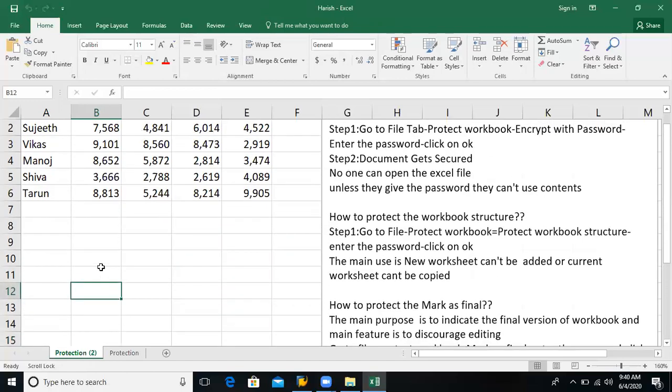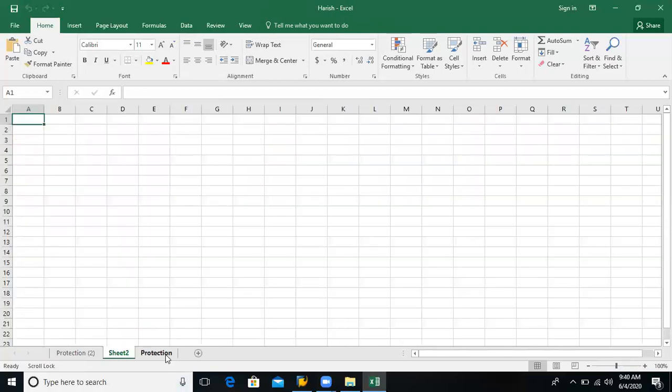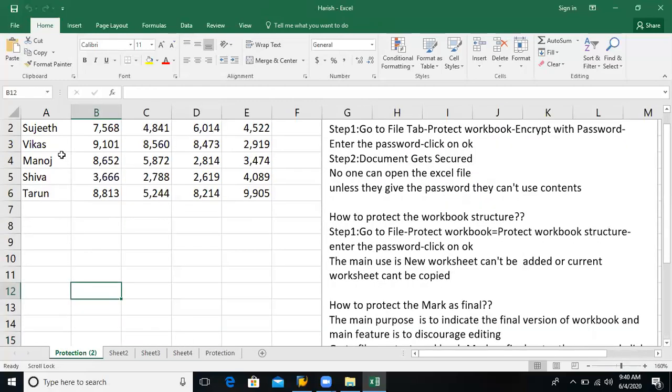Now what I will do is protect the workbook structure. What does that mean? If you click on this plus icon, new sheets will be added: Sheet2, Sheet3, it keeps on adding sheets.